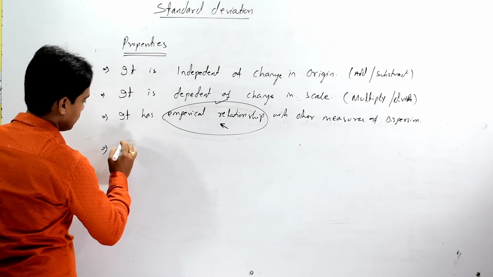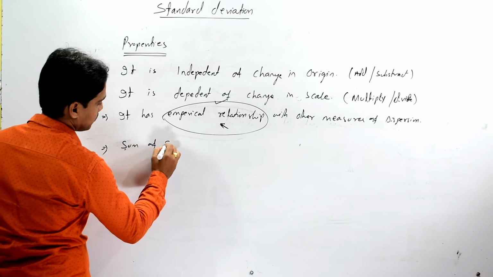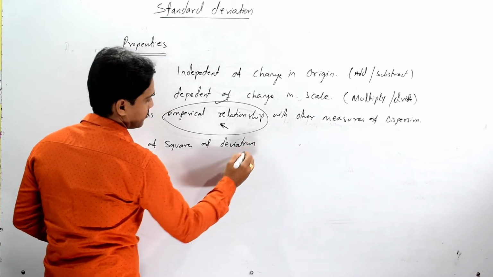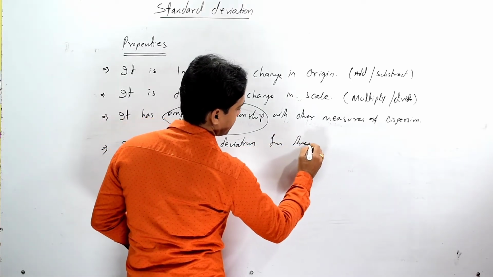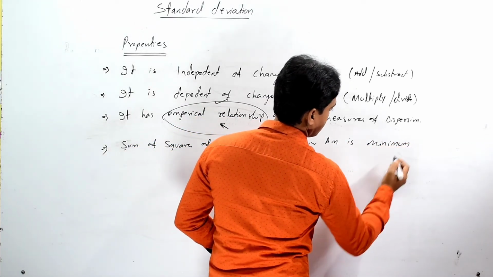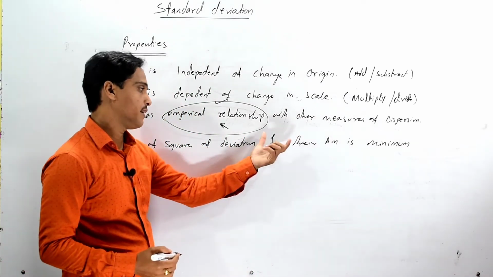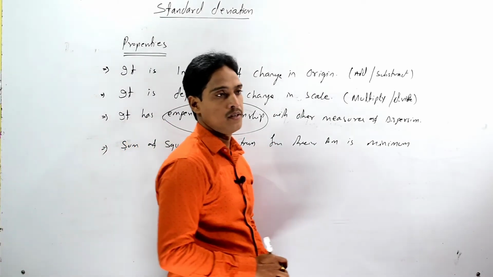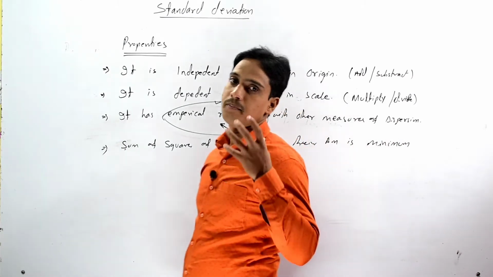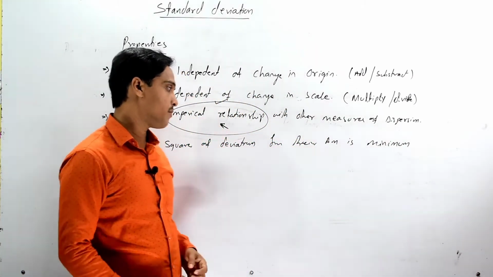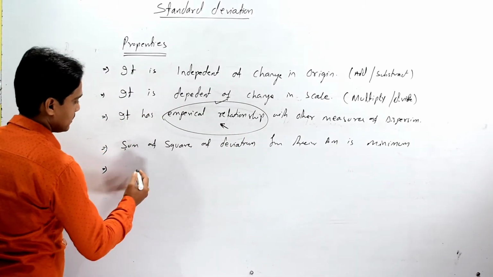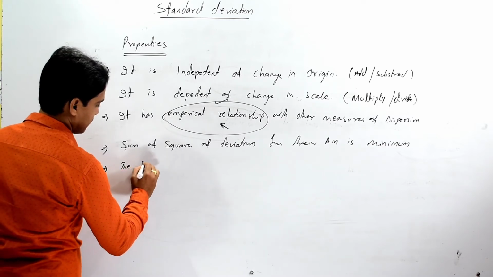So our next property is the sum of squares of deviation from their arithmetic mean is minimum. That means if we take the deviations of the variables from the arithmetic mean, then their sum of squares should be minimum than any other measure. If we take the deviations from other measures,